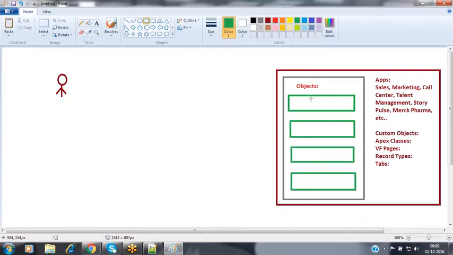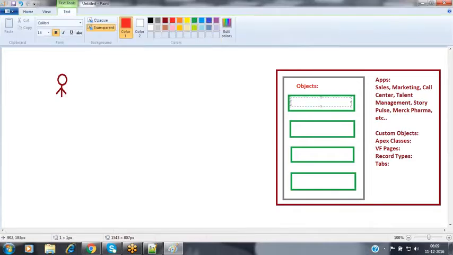For every object I have assigned some name. Assume that this is an account object. For this object, I have assigned the OWD as private.